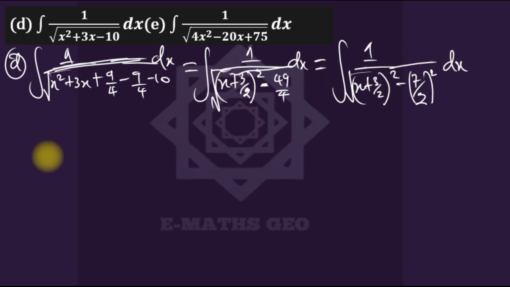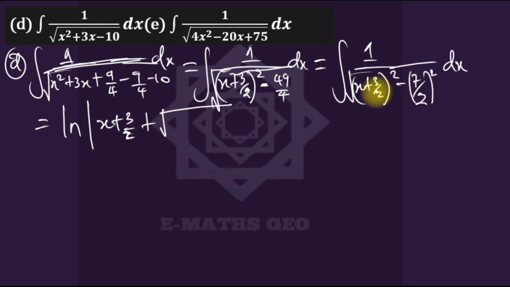So our answer is now, using our formula, ln of our x, which is now x plus 3 over 2, plus the square root of all this, and all this is this, which is x squared plus 3x minus 10, plus k. Though we can still make it neater